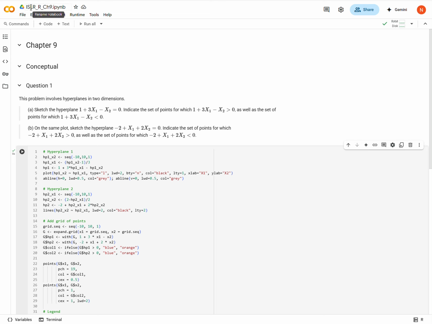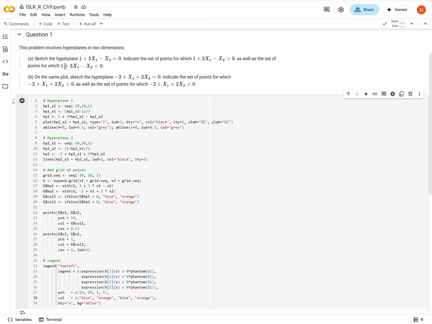This is Introduction to Statistical Learning, and we're just starting Chapter 9, which is all about support vector machines. The first conceptual question is pretty basic, so we don't get into the heavy machinery just yet. But here's the question: we're going to sketch a hyperplane following this formula right here, and then we're going